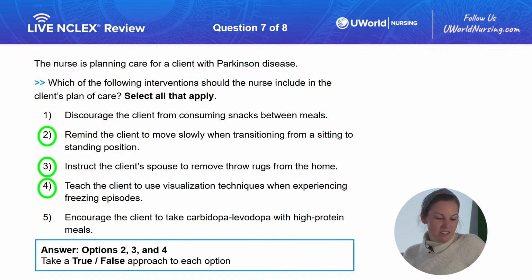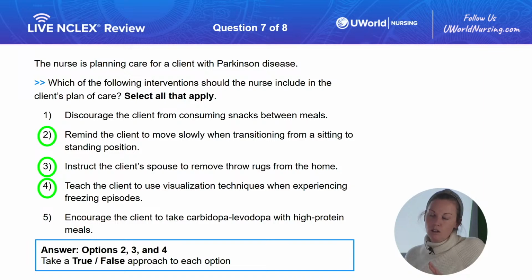All right, our correct answers on this one are going to be options 2, 3, and 4. So when we're talking about this question, we're really just looking for appropriate interventions, like what we would put in a plan of care if we're writing a care plan for a client. So let's talk about Parkinson's and the overarching objectives of our care for Parkinson's. So Parkinson's disease is a progressive